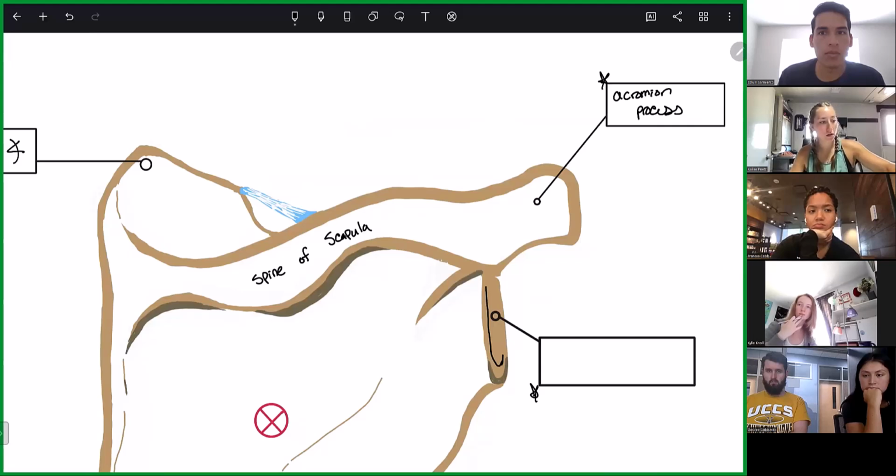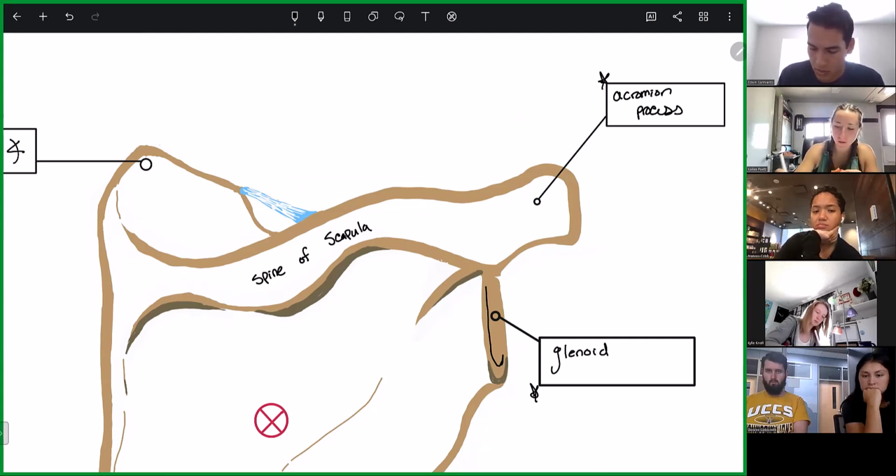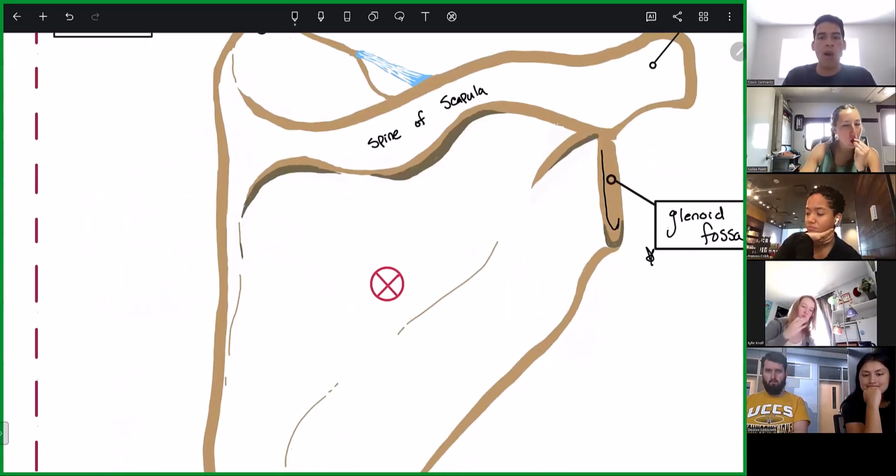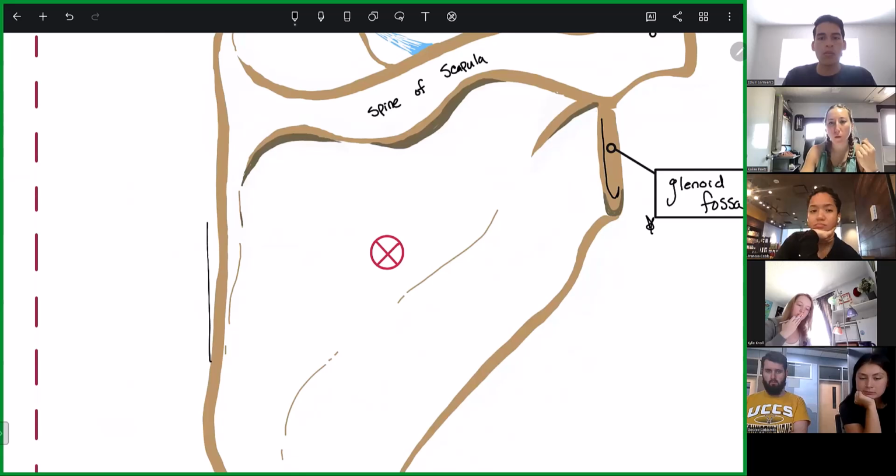George, you want to tell me what that is? The fossa, is it the glenoid? Okay, glenoid fossa. Yep, this is where my humerus is going to articulate. So Kyle, you are definitely right that this is more lateral. So if I really had to label, say, this edge over here,